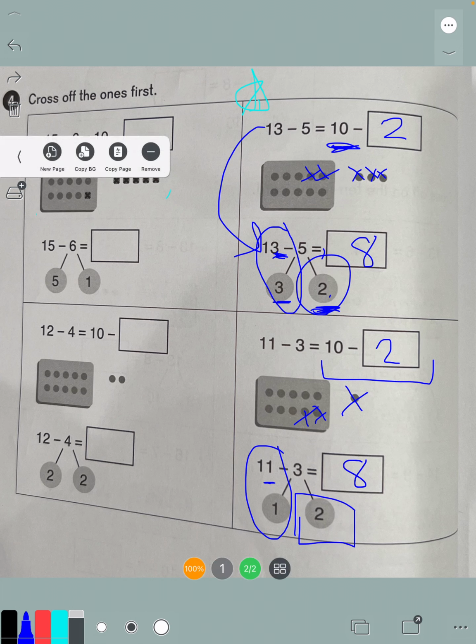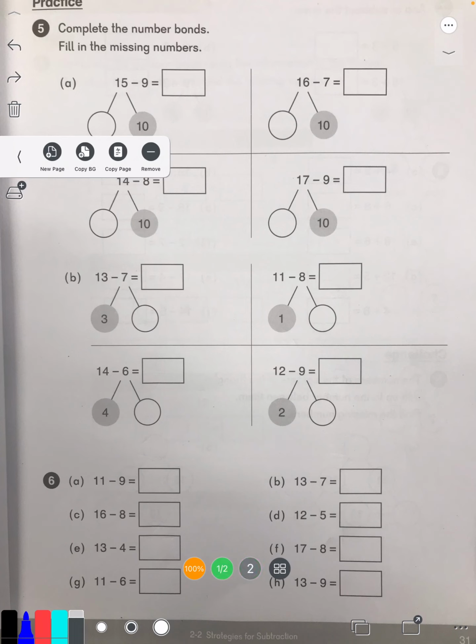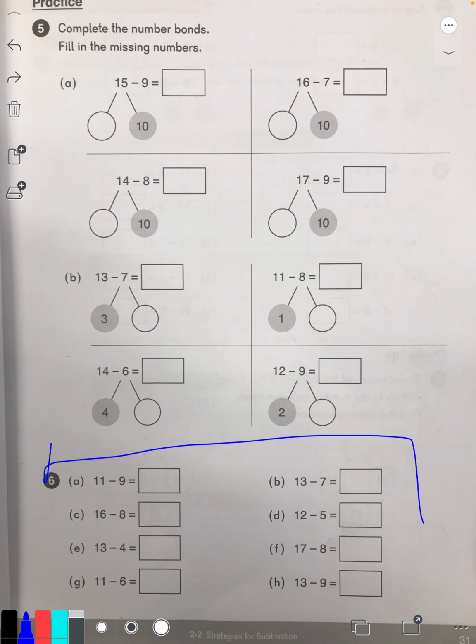Now, let's look at this one. I want to show you some of these as well. This bottom section down here is just where you are able to choose whatever strategy works best for you. We do have a few of these up on the top that are our strategy for 10 because it's already listed as a 10 in that number bond. And if it's not listed as a 10, it's going to be listed with a number that matches the number in the ones place. So a 3 and a 3, a 4 and a 4, a 1 and a 1, a 2 and a 2. Let's do one more of each